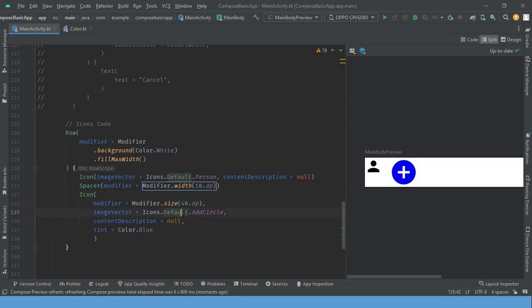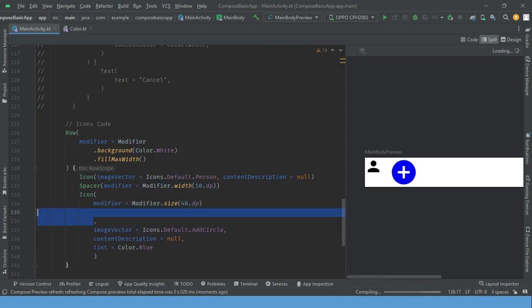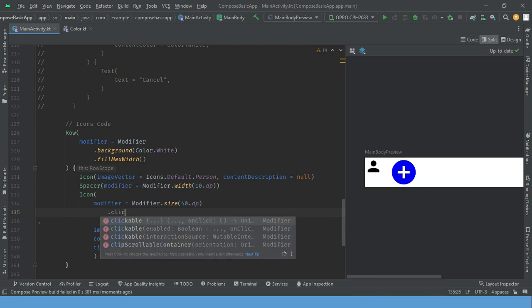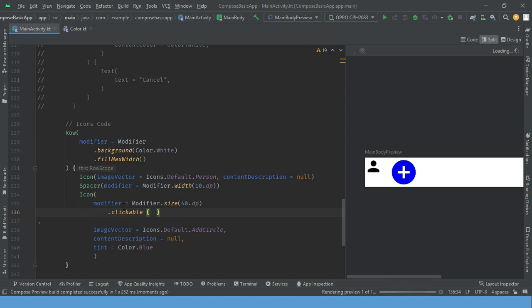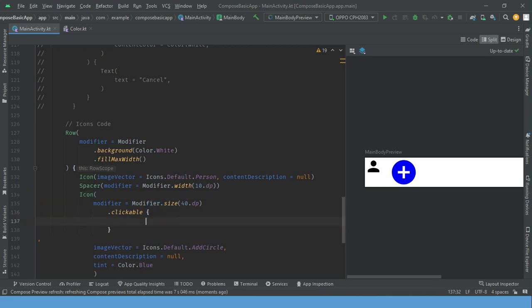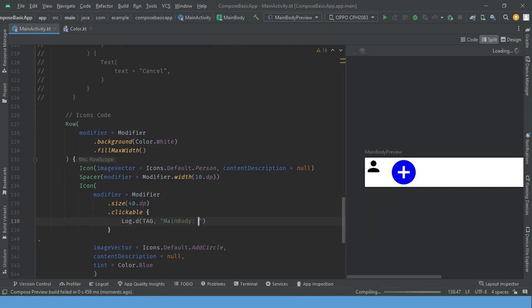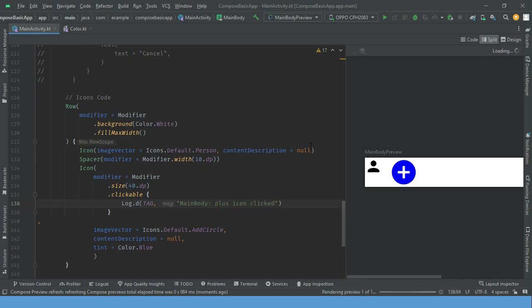So for that we can use this method here, clickable, and now this clickable will be triggered when user clicks on this plus icon. So let's show a log here. Clicked, and